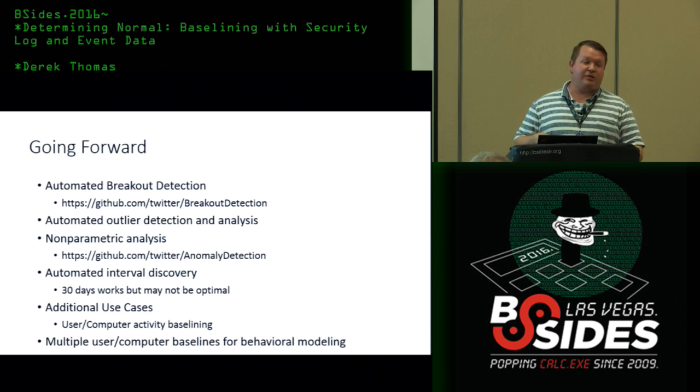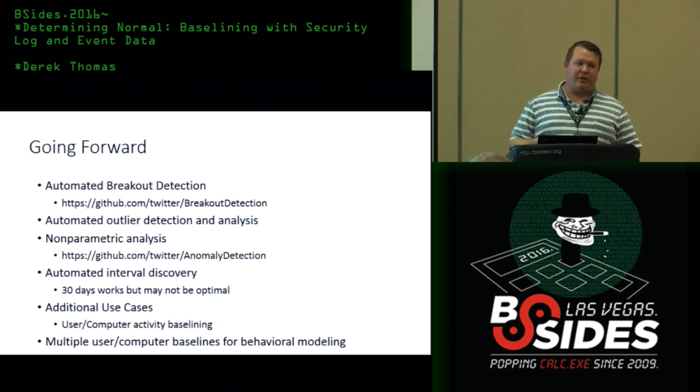Automatic outlier detection. So there are some strategies for determining outlier detection, but no specific guidelines. But maybe coming up with automated outlier detection and a way to accept or reject those outliers. And then non-parametric analysis. So if your data, like a stock market, will trend up, but it'll deviate up and down, that will not follow normal distributions, but there's still ways to analyze that. And you can use a package like the Twitter anomaly detection.